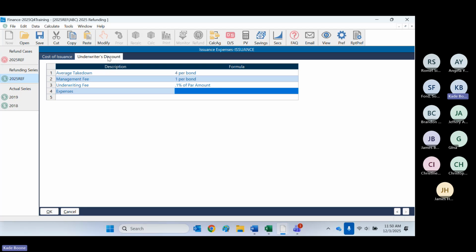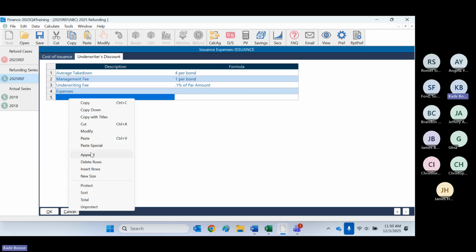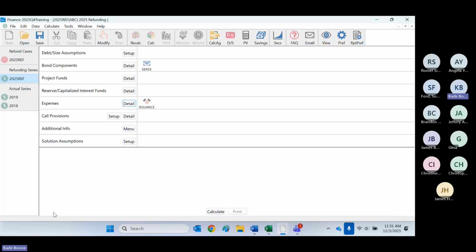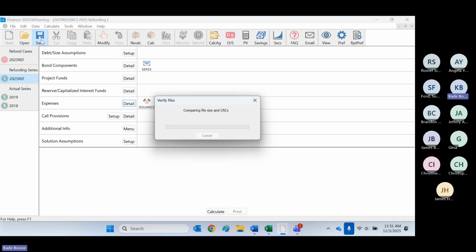But at least this saved me, or it would save you, the description. And you could have a lot more than 4. You can always right mouse click or hit F5, append, if you needed to add more information. But the point is that you wouldn't have to start from scratch and type it all out. So this is the proposed refunding series. So our hopes is when we refund these old refunded series that we're going to produce level savings, issue new debt, right? So I'm going to save,